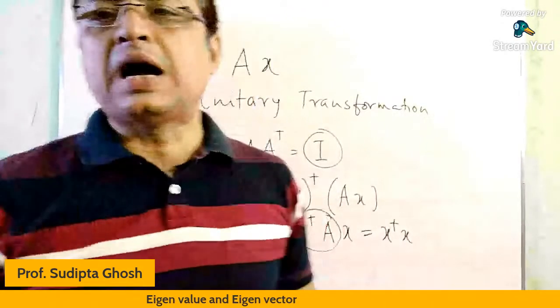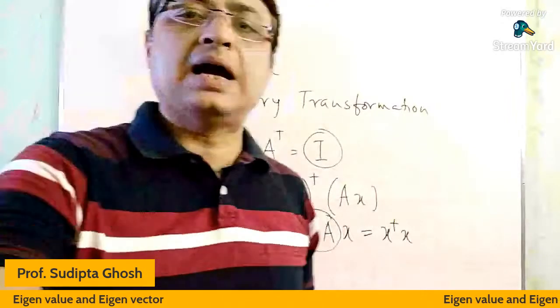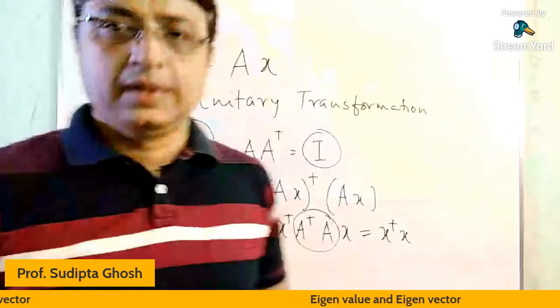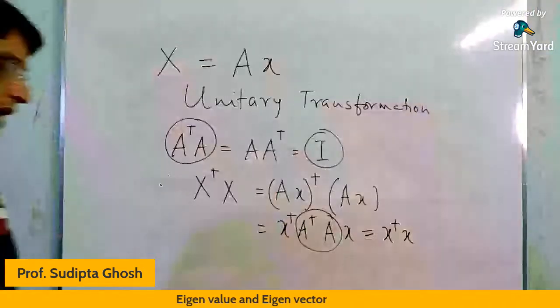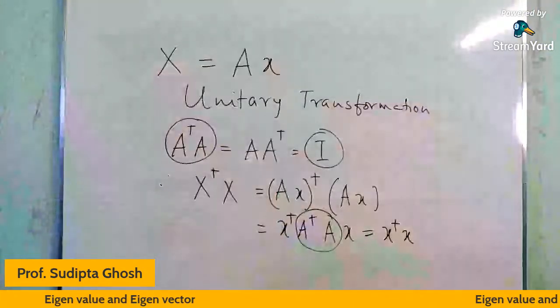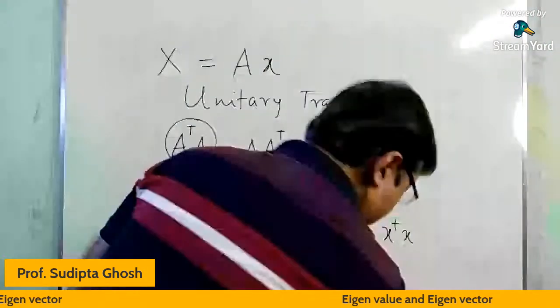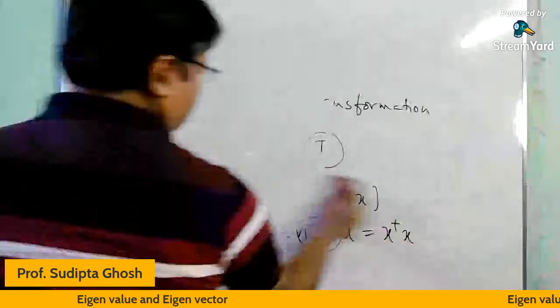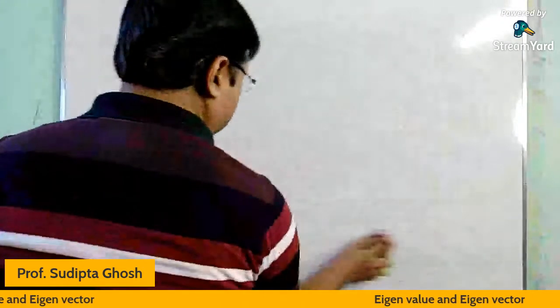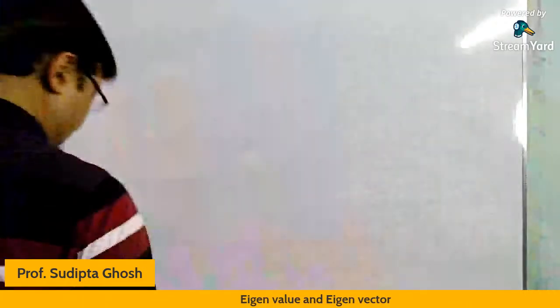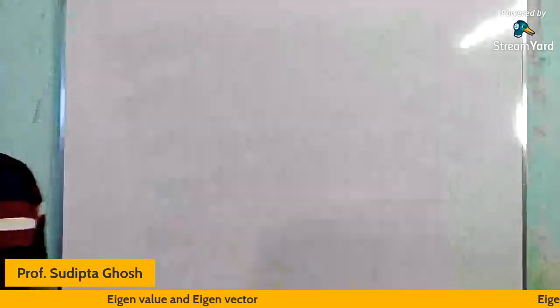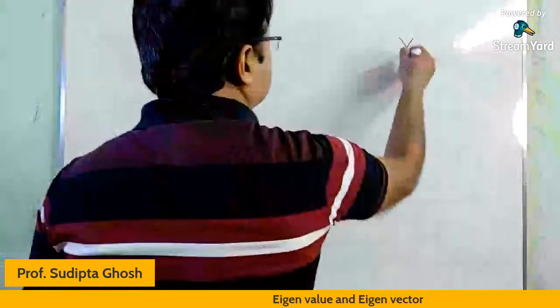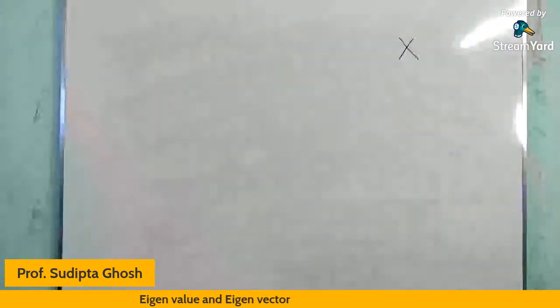For eigenvalue and eigenvector, a non-zero vector capital X is called a characteristic vector of a matrix A if there is a number,